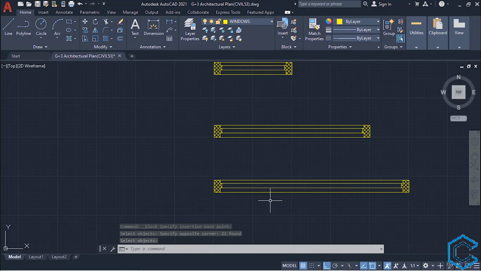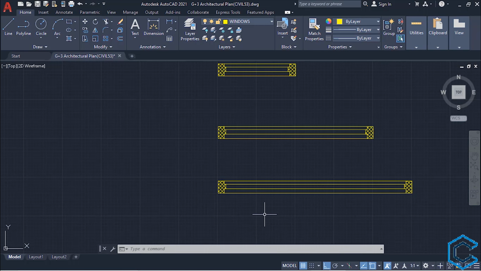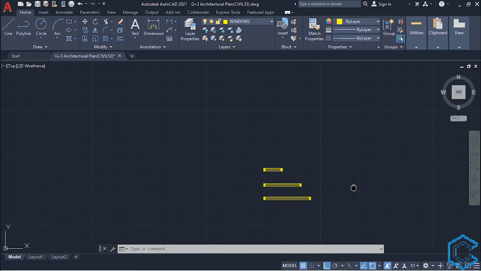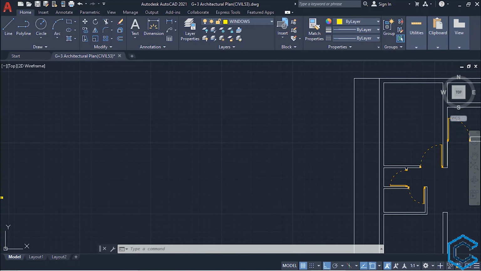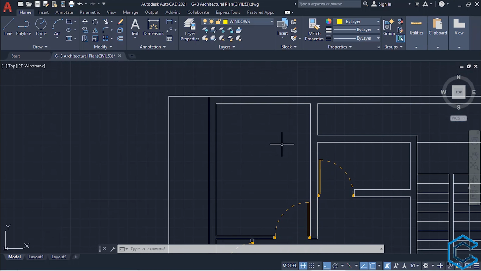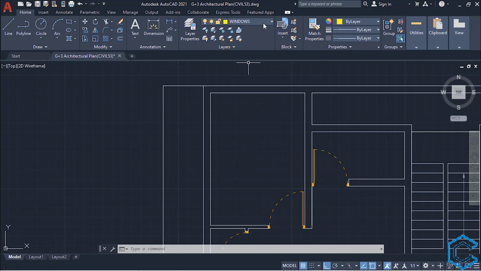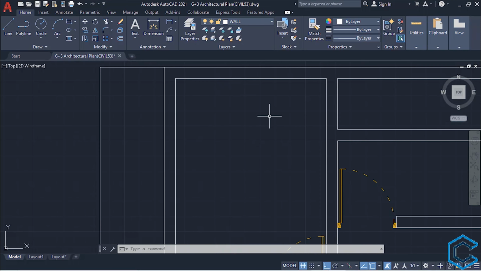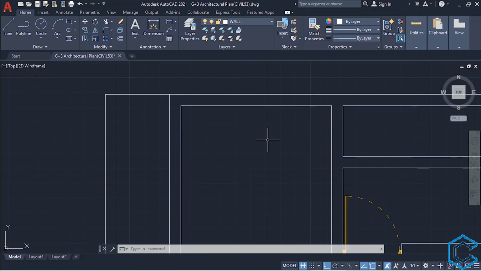Now let's place the windows in the plan. We will start with the bedroom. Go to the plan. Change the layer to the wall layer. Draw a line at the mid of this wall. So type L, enter. So we will take this midpoint, left click, move the cursor up, left click, press escape